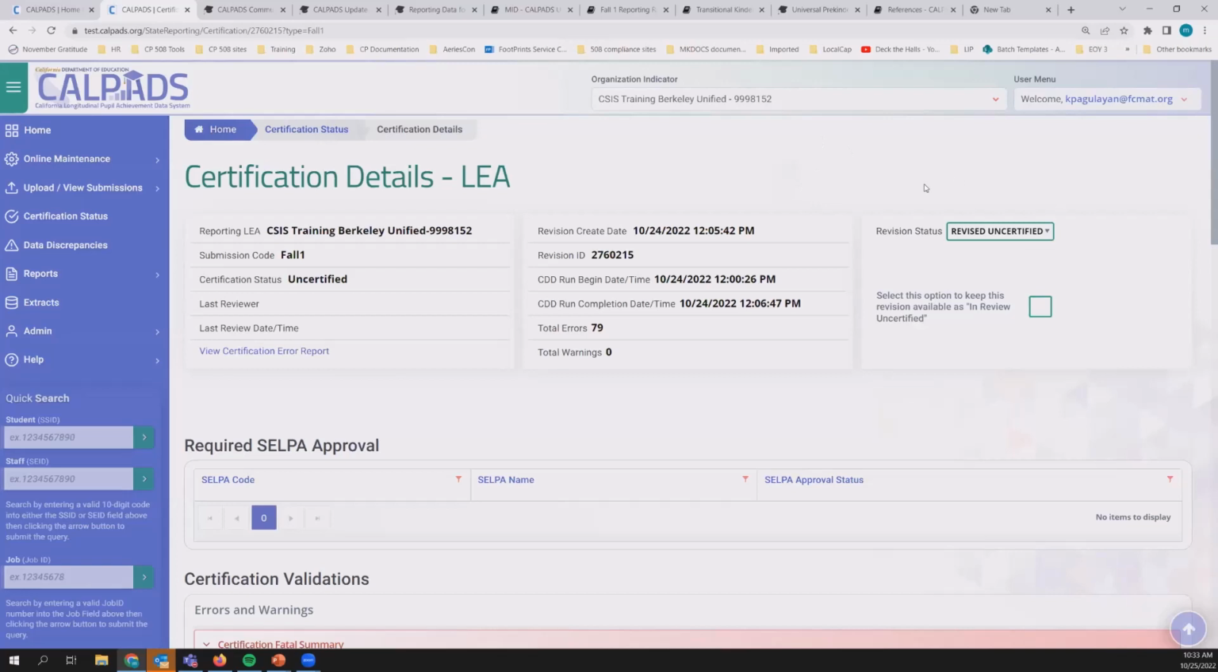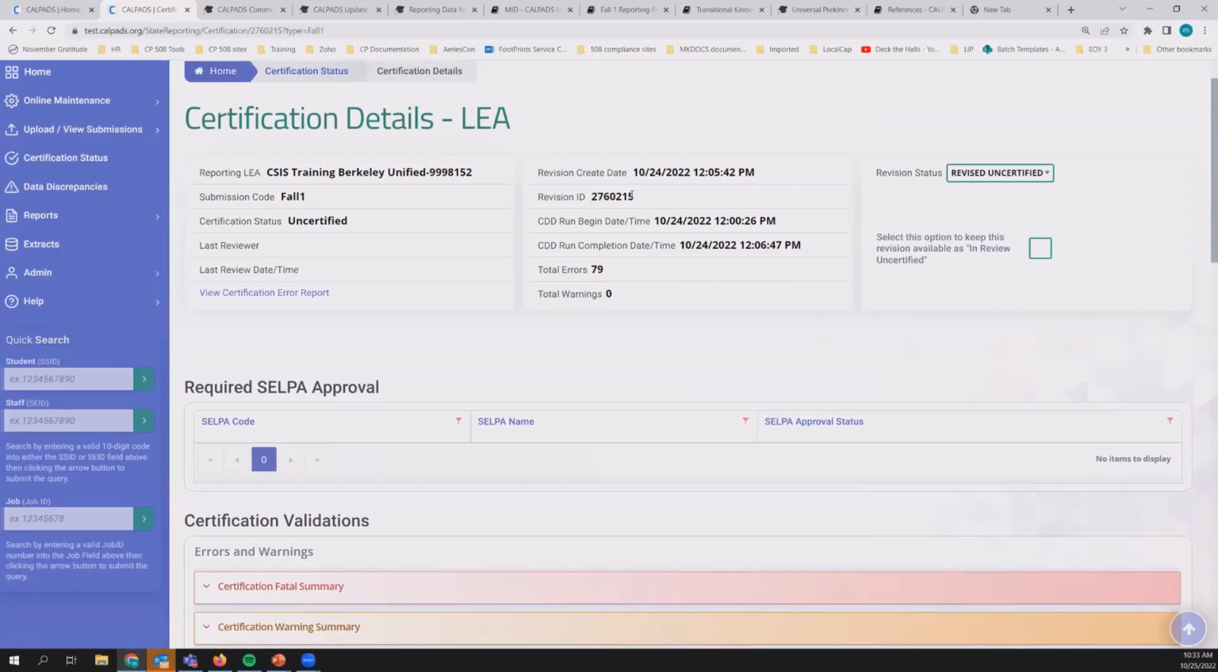Assuming you have a revised uncertified status, it should reflect the time stamp and date stamp that was created. Now, if you look, you also have a revision ID. Take note of this revision ID when communicating with yourself. I'll discuss this later in the process, but take note of this revision ID. Now, for the CDD,